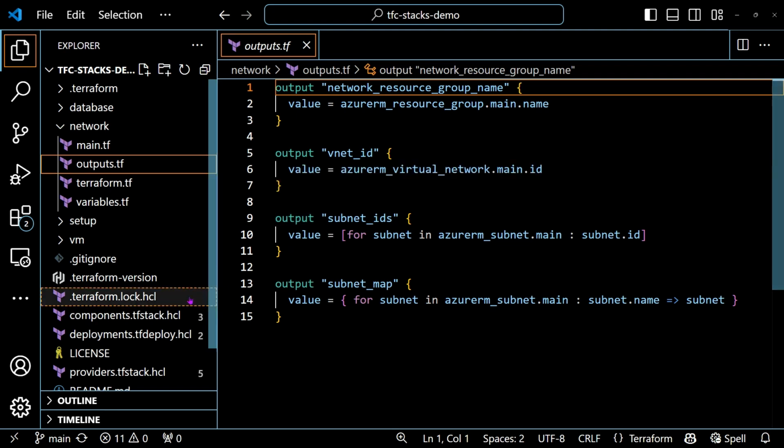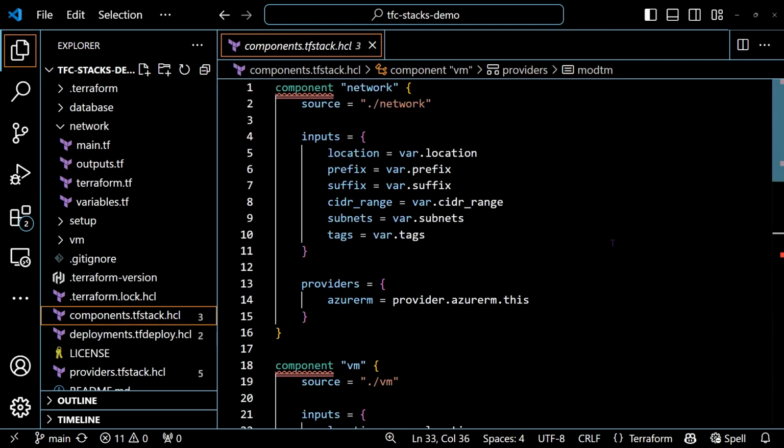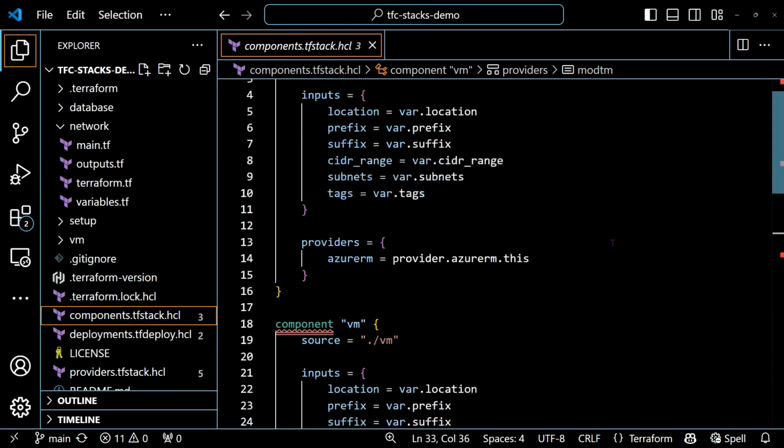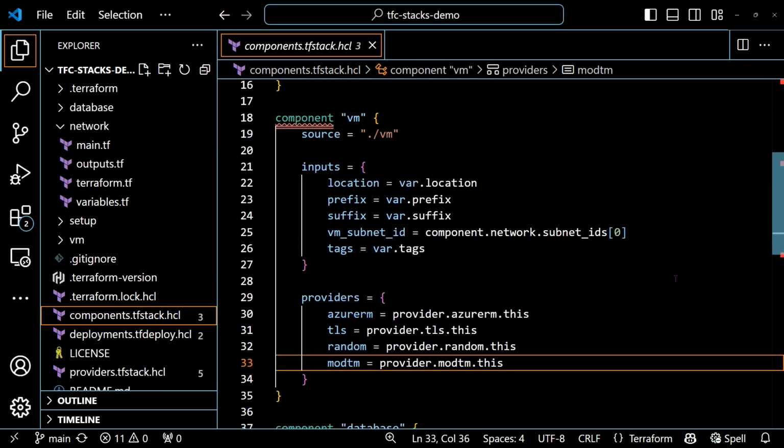Speaking of which, let's go back to the components. I have defined 3 separate components in here. Let's scroll down to the next one, which is a virtual machine component. This is also sourced locally. And one thing that I want to point out here is the VNet